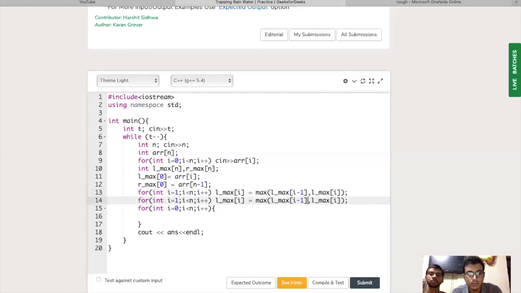Similarly, for Rmax, we'll go from i equals n minus 2 to i greater than or equal to 0, doing i minus minus, and Rmax[i] would be the maximum of Rmax[i plus 1] and array[i]. So in line 13 and line 14, we initialize both the Lmax and Rmax